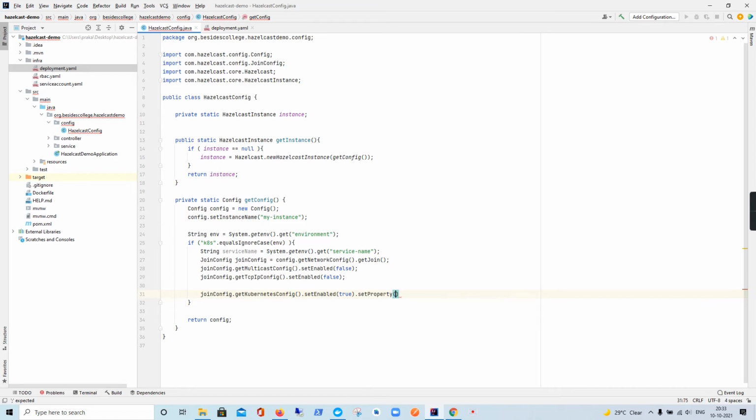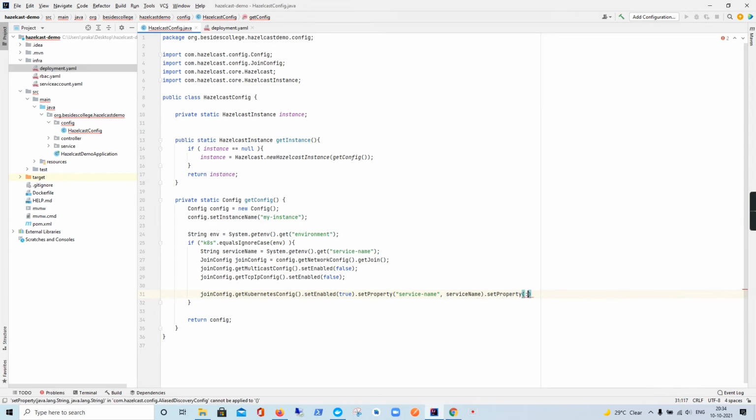So for that we'll have to set the property service-name. This is the parameter that the Hazelcast Kubernetes API understands. Then we'll have to provide it with the service name that we have created in our deployment file.